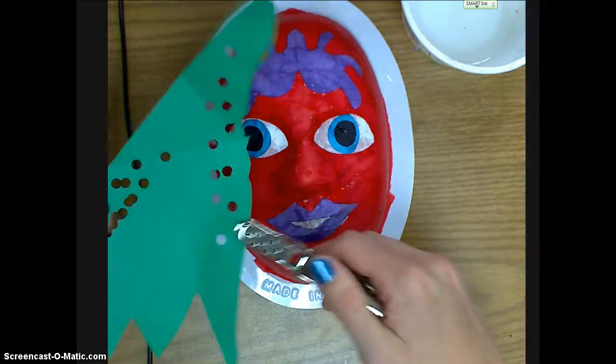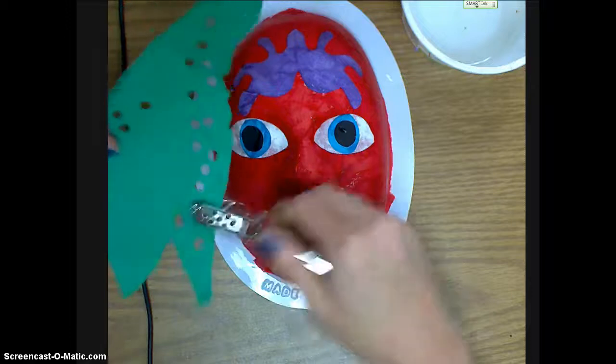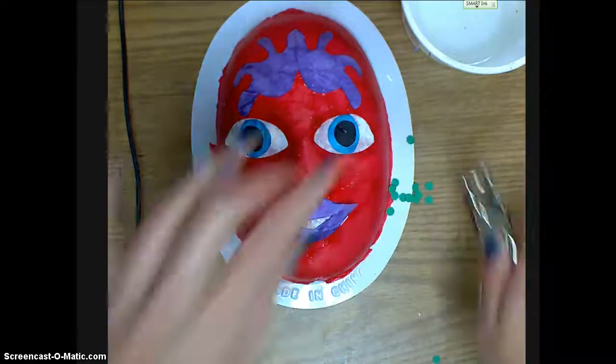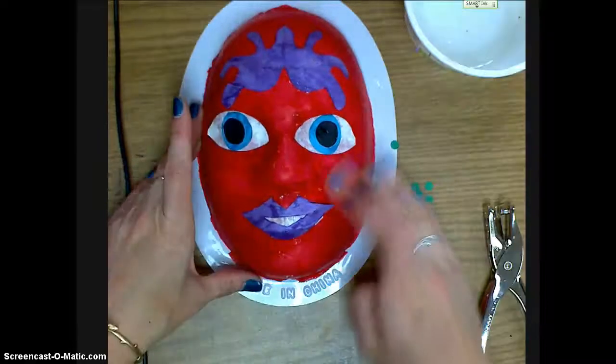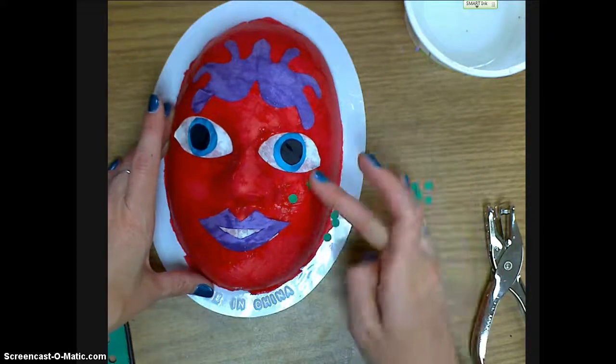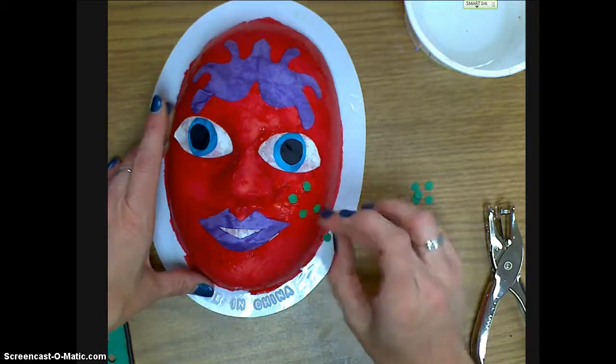All right, now I'm going to show you how you could add some polka dots using a hole puncher and construction paper. So I'm going to go ahead and just punch these holes all around and then move the thing back, and I should get a bunch of them kind of coming out. Then I'll put a little paste onto the mask where I'm wanting things to stick, and then I can take those and stick them,